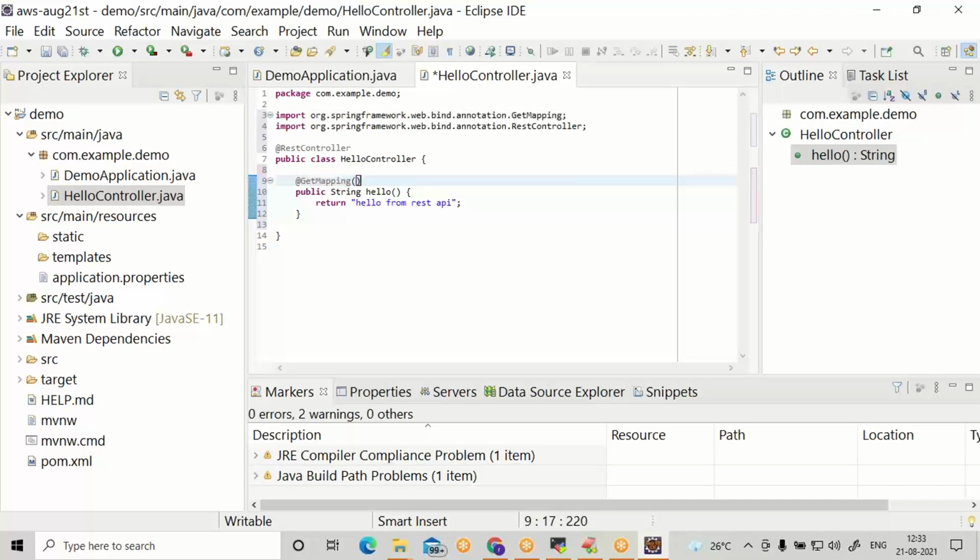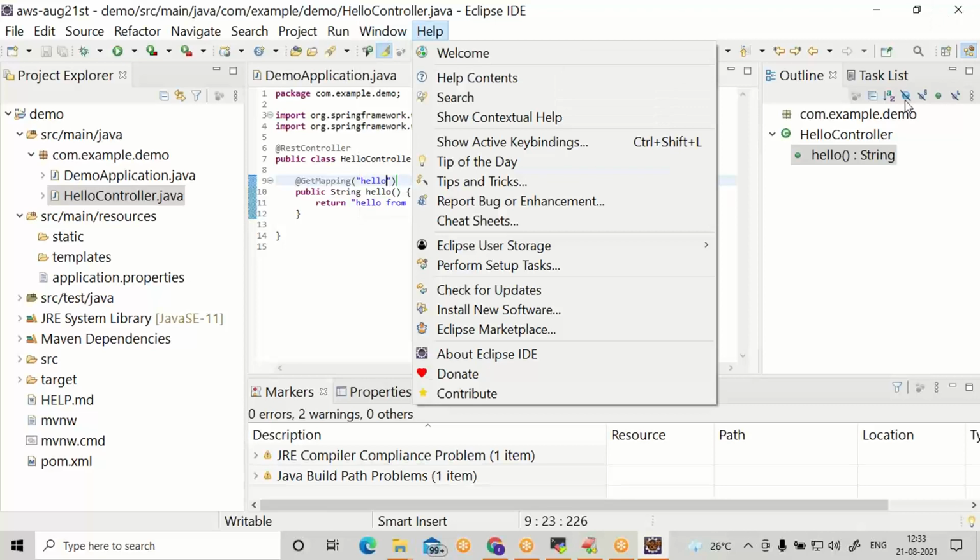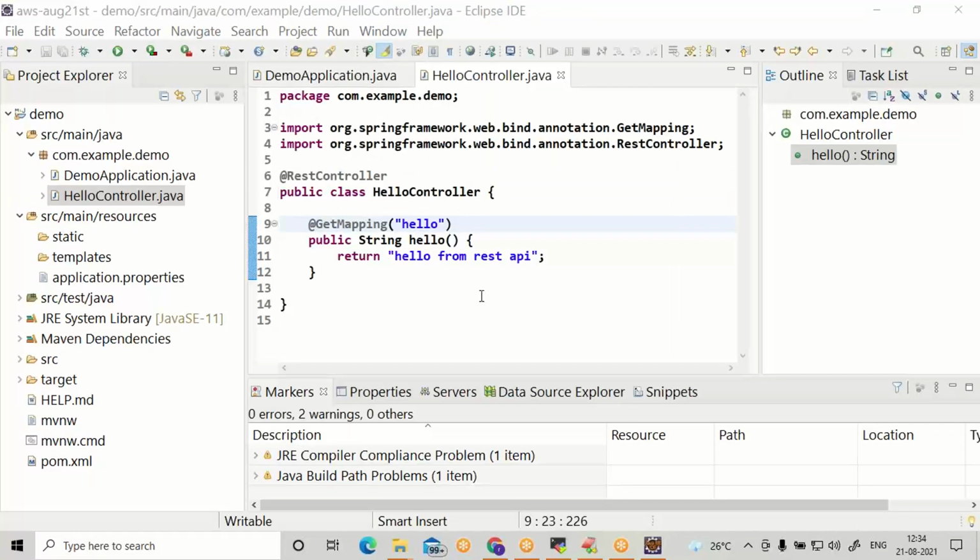In the last class, you know very well about GetMapping. I'm just choosing the URL as hi itself. A very simple REST API. It is done.